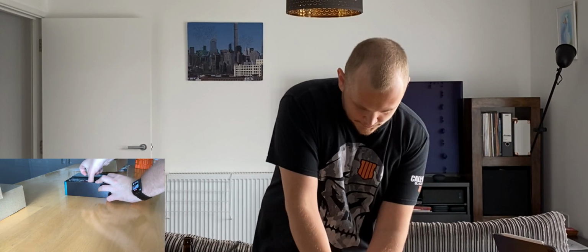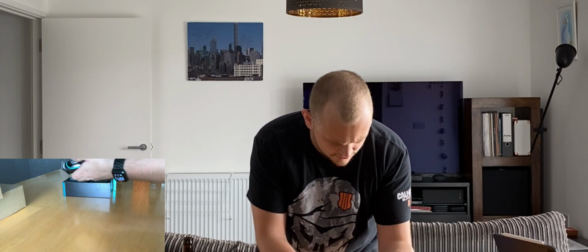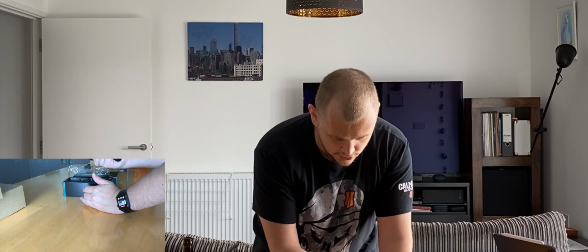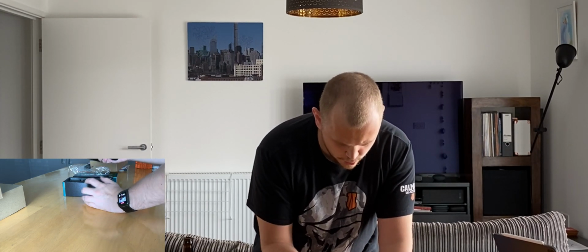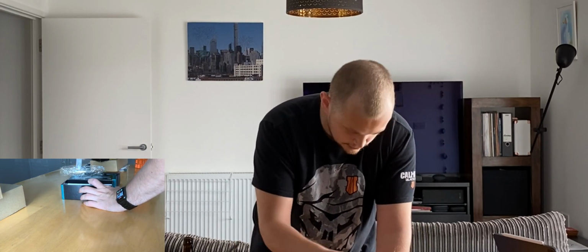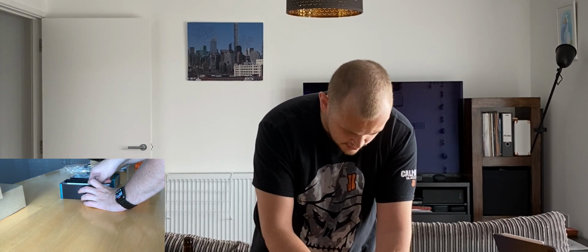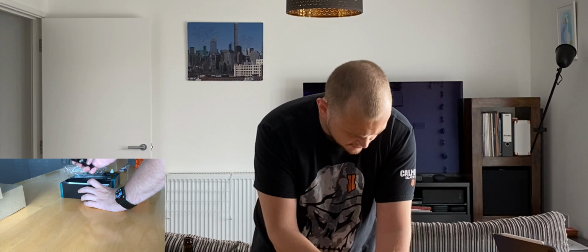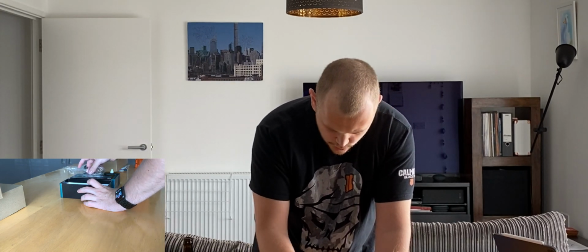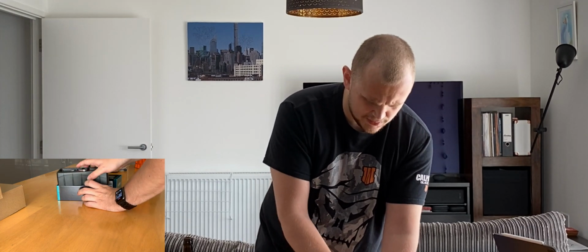But what we get is the razor itself. I guess this could be for your hair or for your beard or for anything really. So there we go. Pretty standard, pretty cool. Also in the box here we do get some oil, a couple of ends, so different sizes, so you can get the perfect cut for you, and a cable for charging it as well. It is USB charging, which is odd. I didn't really expect USB charging for this thing,